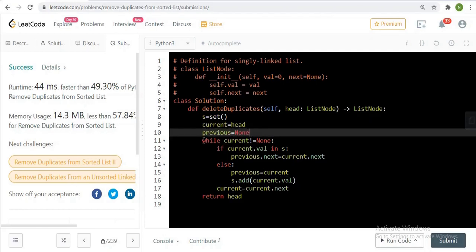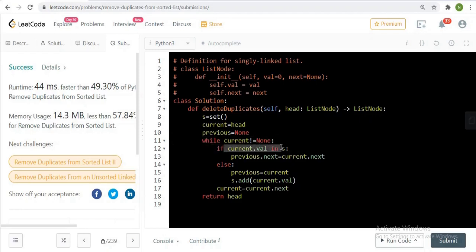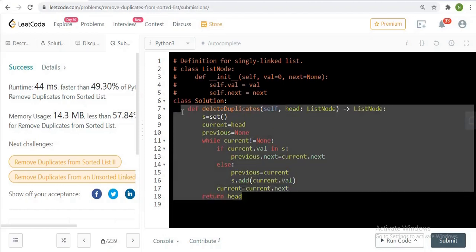While iterating we have to check whether the current dot val is present in set or not. If it is present, then set the previous dot next to the current dot next, else previous is equals to current and add the current value to the set. Now iterate for the next time and return the head. So this is the Python implementation. Take the screenshot if you want.